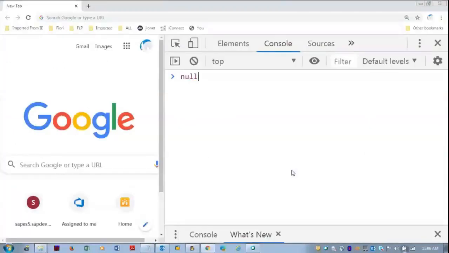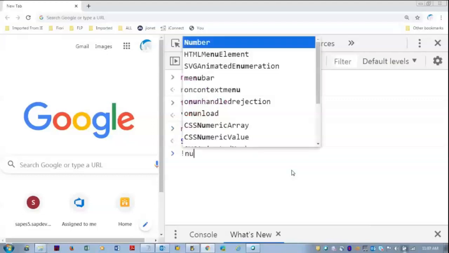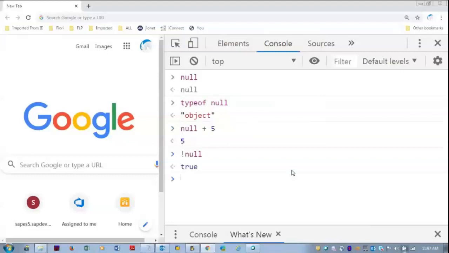Let us see null. Typeof null, if you see, is an object which is a broken one. Though you can use it for mathematical operations, because nulls are treated as false, as I told you. I cannot show null as false, but I can negate null and it returns true. Negating null to return true means that if you don't negate, it is a false statement. Nulls are treated as objects only, but they are broken objects. Still you can store something or perform mathematical operations on them; they are accepted.